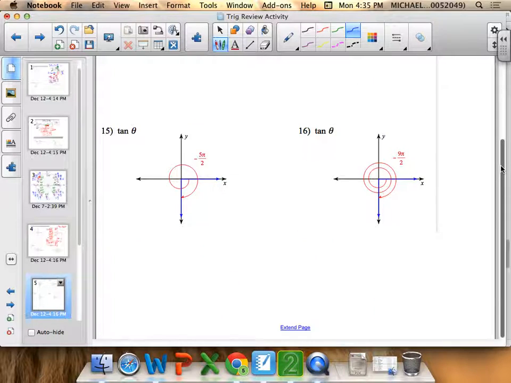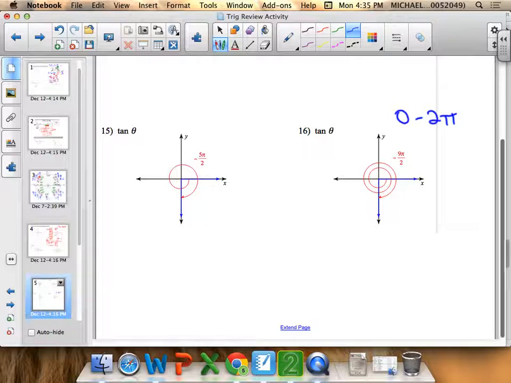It's the same two-step process, except in this case, I need to get it from 0 degrees, or I'm sorry, not degrees, we're in radians, 0 radians to 2 pi radians. One trip around the unit circle is from 0 to 2 pi. I need to get it within that realm. And so for 16, if I was going to do 16,